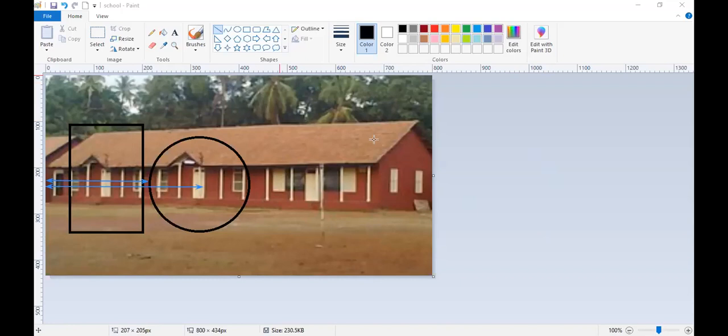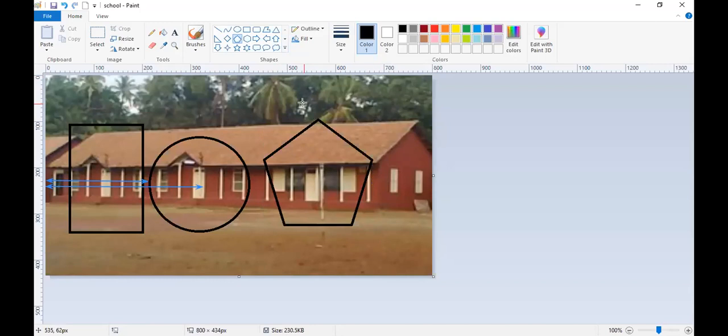So here I'm going to create the polygon. If I want to consider the coordinates of a polygonal shape, then we have to consider all vertices.